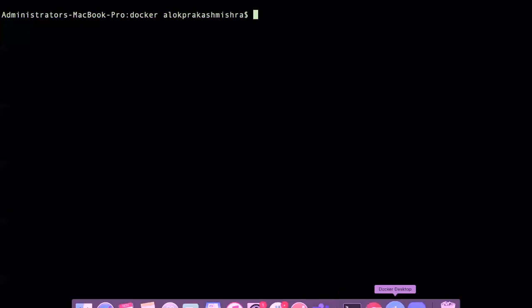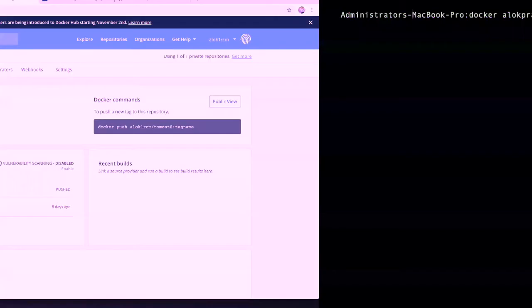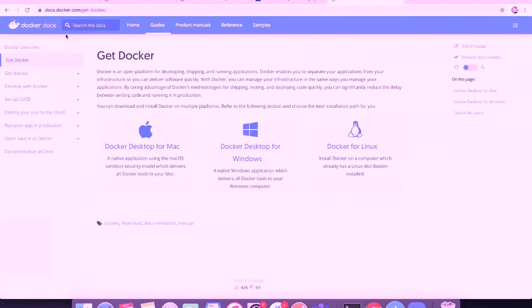You can see that I have installed Docker. For the installing part, you can go directly to the Docker documentation. Here you can see Mac, Windows, and Linux. You can install Docker.